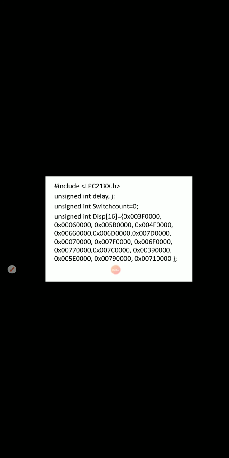And here we have seen how the 7 segment LED looks. If you name the segments, they will be A, B, C, D, E, F and G. We have already discussed how we glow the LEDs here.